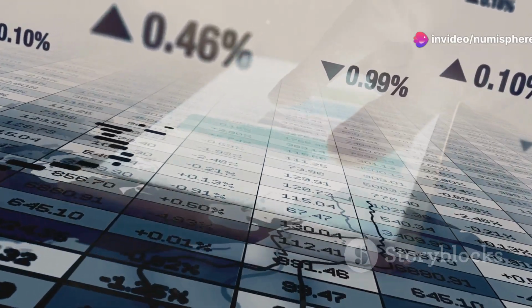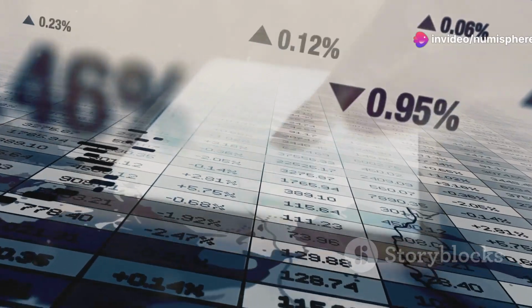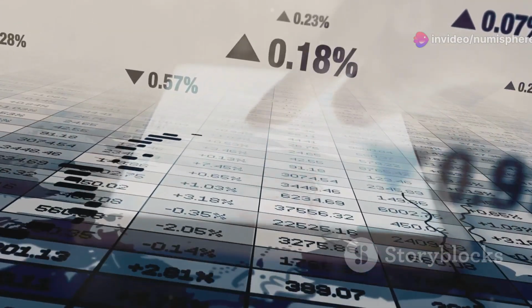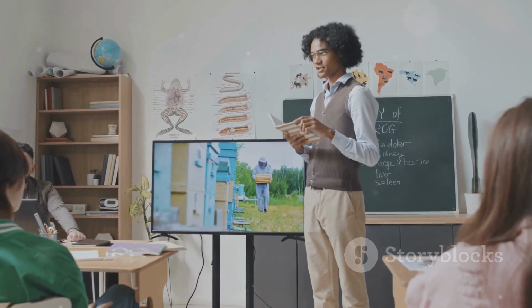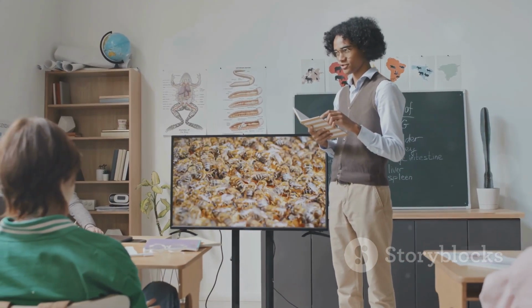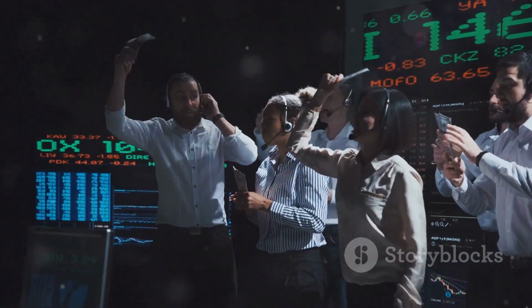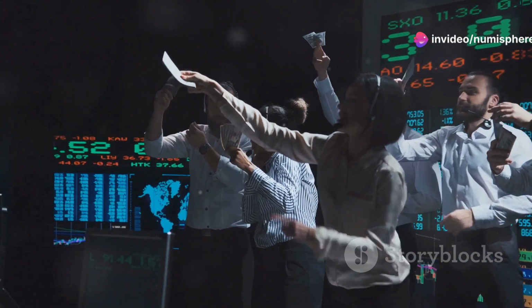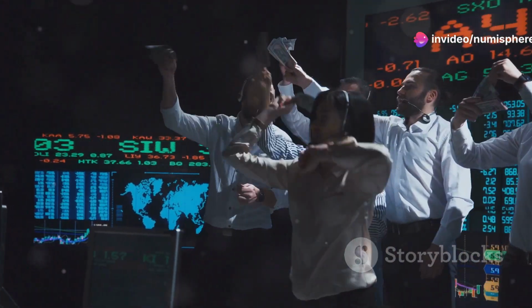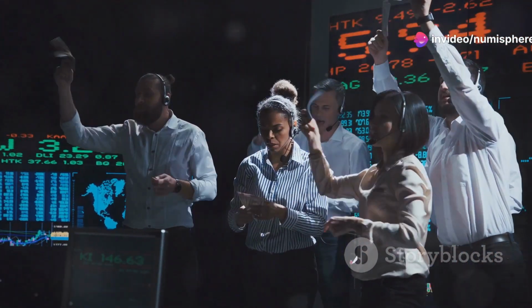Today, I'm diving into an interesting topic, the relationship between interest rates and bond prices. It might sound a bit tricky, but don't worry, we'll break it down with a fun story. Ready? Let's get started. In the vibrant town of Numisphere, there was a savvy investor named Benny who loved collecting